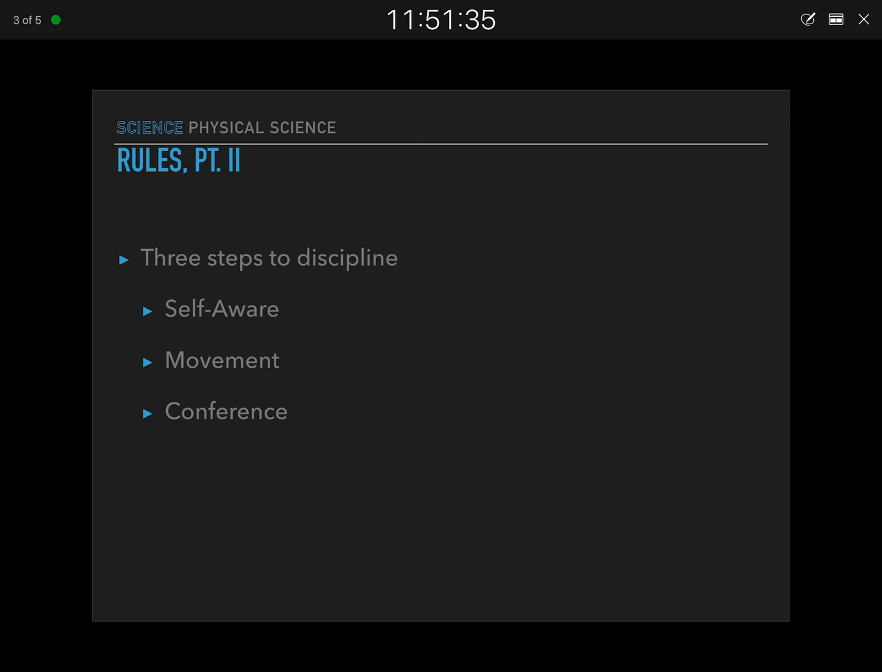Now, finally, if we do go through those 2 steps and you still seem to have trouble, we're going to have a conference. Now, this conference, depending on the severity of what's going on or what kind of behavior I'm seeing, may involve just you and me. I might have you come in before school or after school to discuss what's going on,